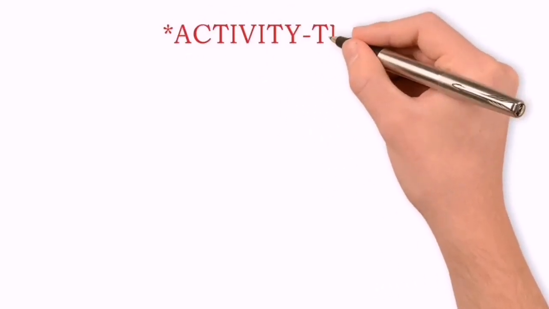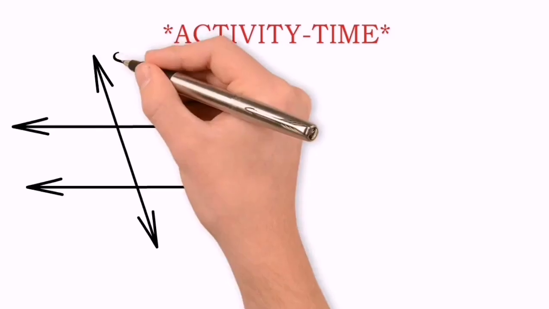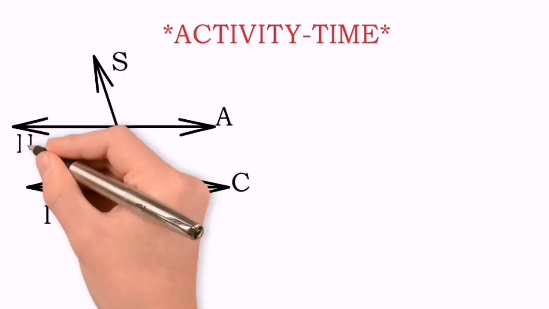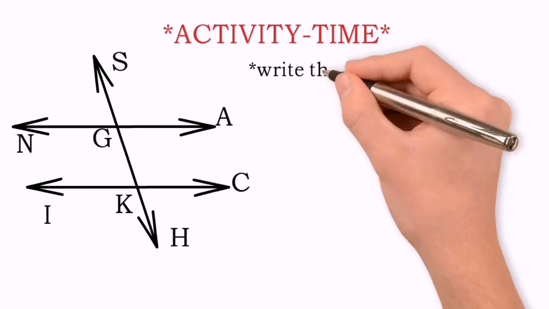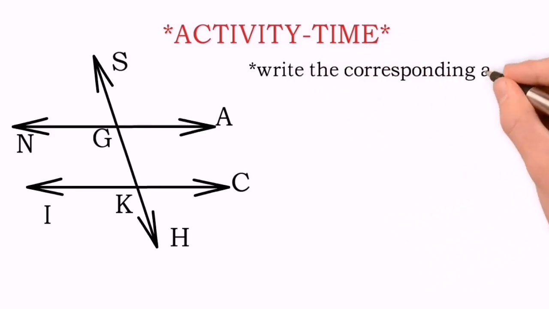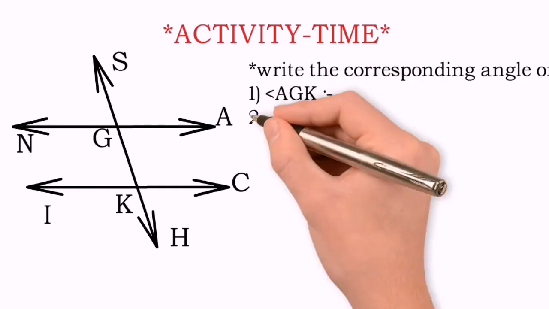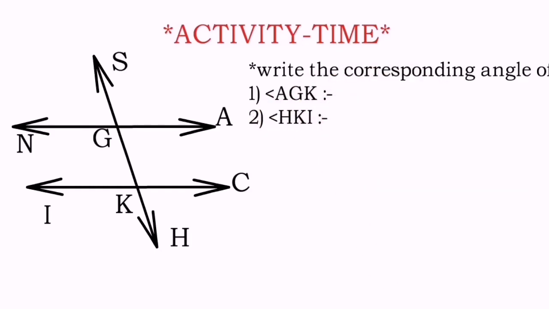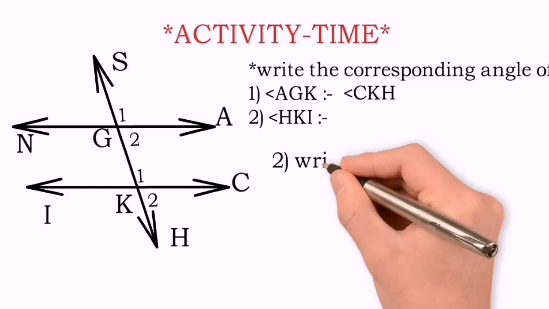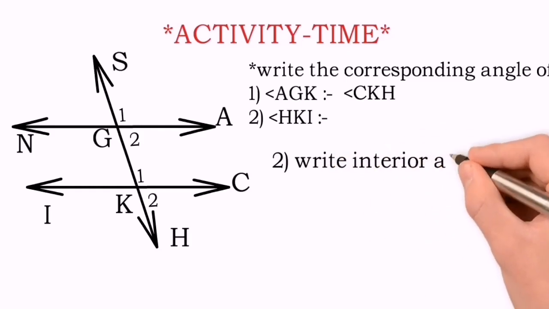Now this is activity time, guys. We have learned how to identify corresponding angles, interior angles and alternate angles. Let's solve some questions now. A diagram is in front of you. The question is, write the corresponding angles of angle AGK and HKI. For the corresponding angle, the pattern is that we need to write the numbers, right? So 1 2, 1 2 is given, and if you check AGK, the number of AGK is number 2, so number 2 at the bottom is nothing but CKH, and hence the answer is written CKH. You can go ahead by writing all the numbers, but I knew AGK is at number 2, so I stopped at 2.